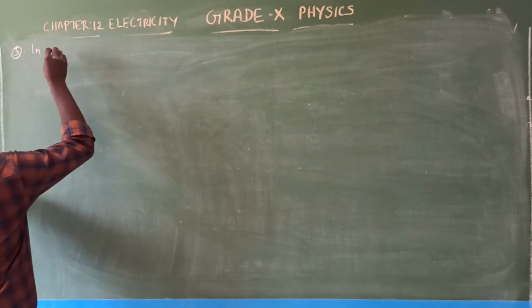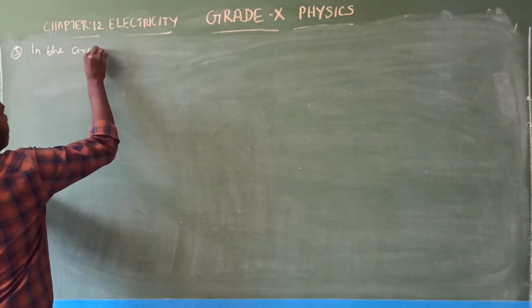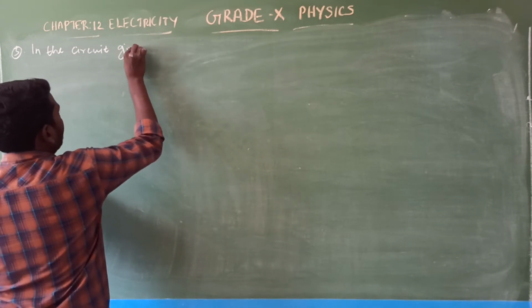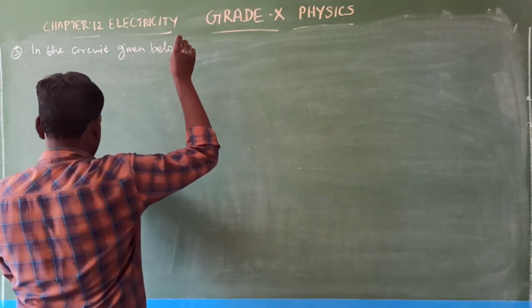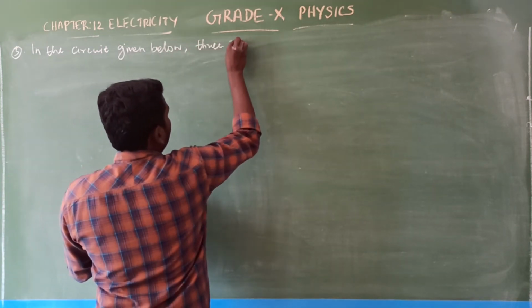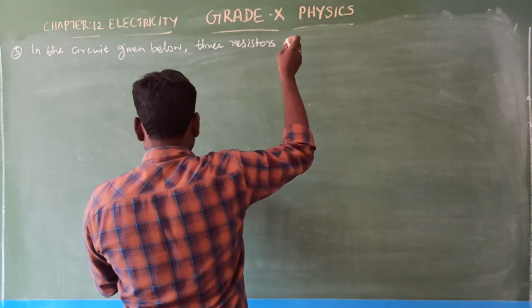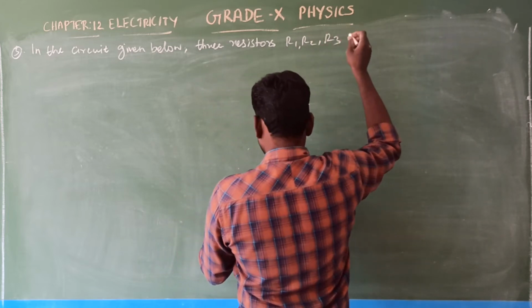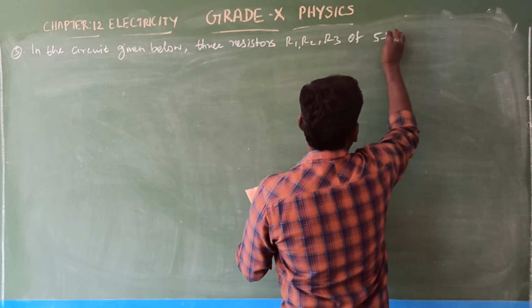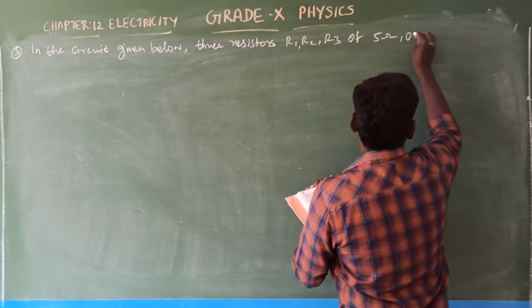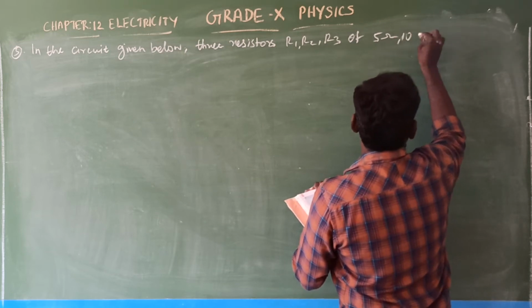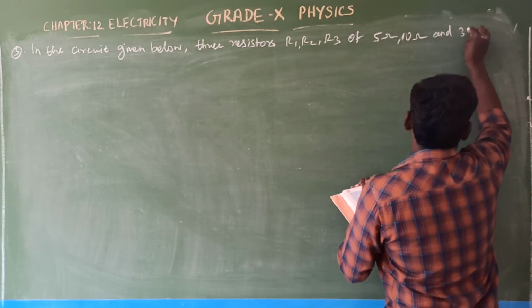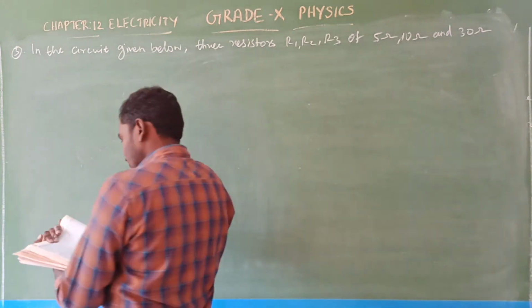So in the circuit given below, three resistors R1, R2, R3 of 5 ohm, 10 ohm and 30 ohm respectively